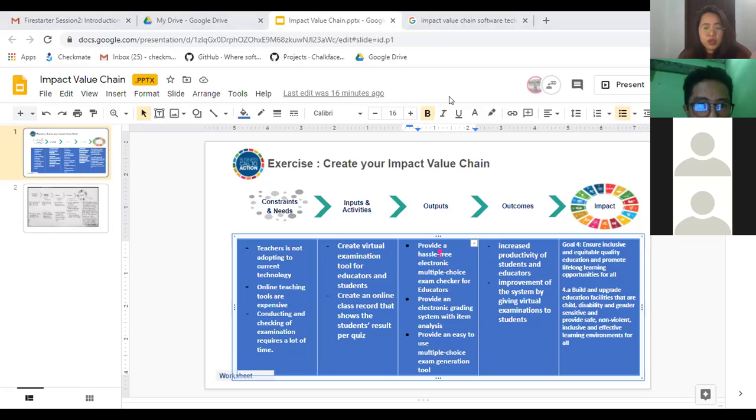So yun nga, tama yung problem, I mean, yung dilemma ni Checkmate, that they believe that they are under 4.A because they are building and upgrading education facilities. Hanggang dun lang. But then those facilities are child, disability, and gender sensitive and provide safe, non-violent, inclusive, and effective learning environments for all.